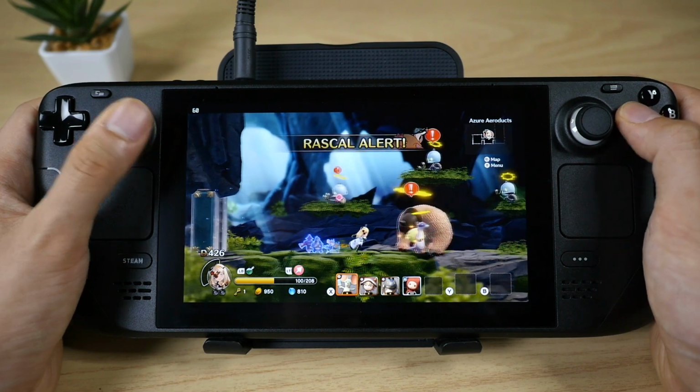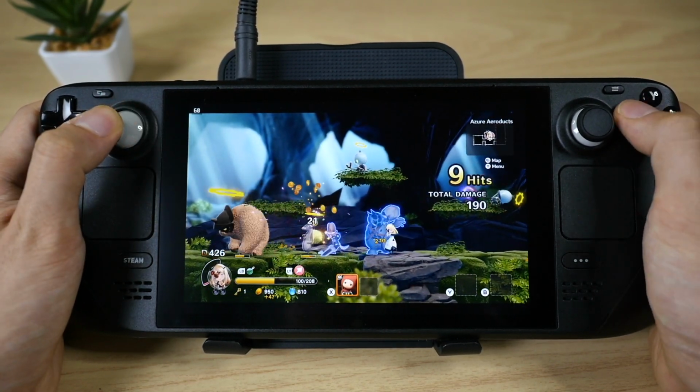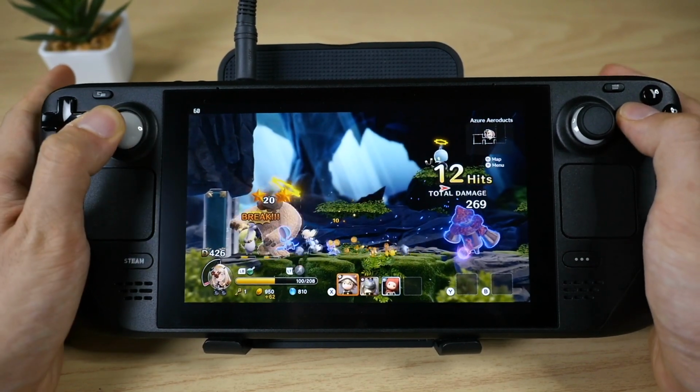Now, when it comes to controls, it's really important that this game runs well with the built-in controls on the Steam Deck, because I want to be playing this handheld. I don't want to always bring a separate controller with me. And I spent most of my first playthroughs playing on the D-pad, and I thought it worked perfectly. I absolutely loved the D-pad on the Steam Deck for this game, and the face buttons do a perfectly adequate